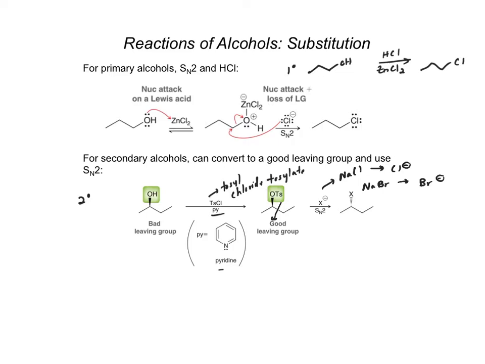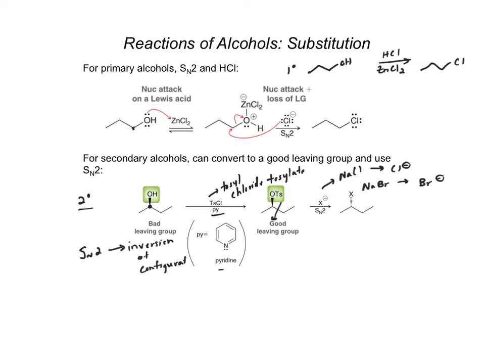Now, it's important to note that if we're dealing with secondary alcohols, we have to be aware of the stereochemistry of this reaction. For primary alcohols, this didn't matter because the substitution was occurring at a center that was not going to be chiral. If we're dealing with secondary alcohols, though, now we're going to be dealing with alpha carbons that are chiral centers. And so as a reminder, for the SN2-based mechanism, due to that concerted nucleophilic attack followed by loss of leaving group, what we see is inversion of configuration,